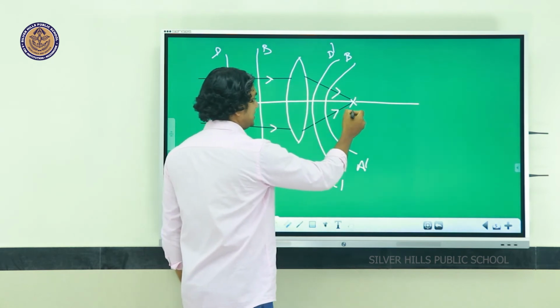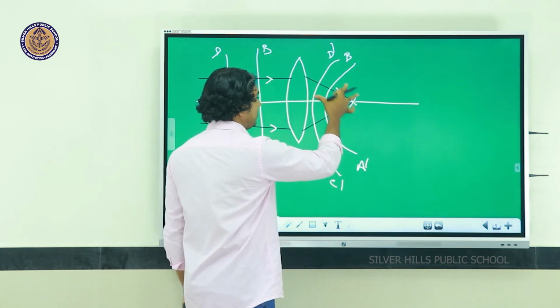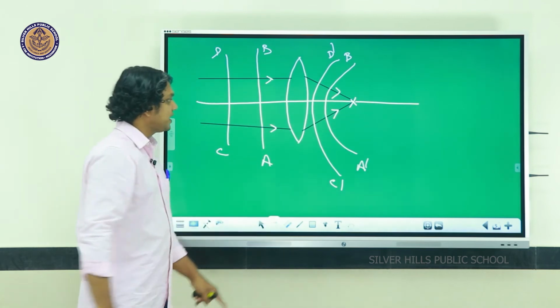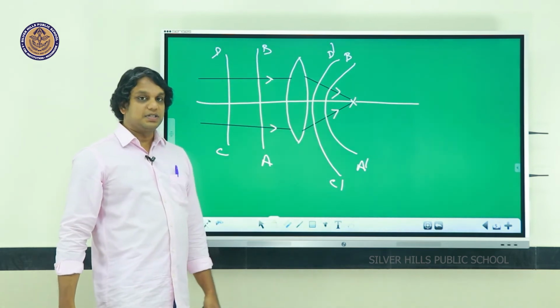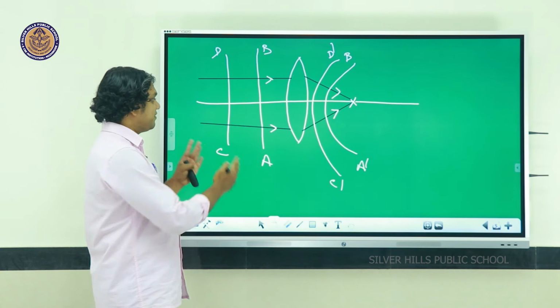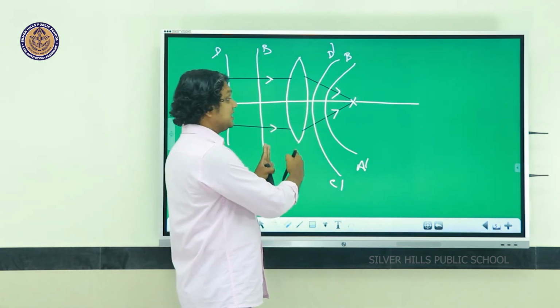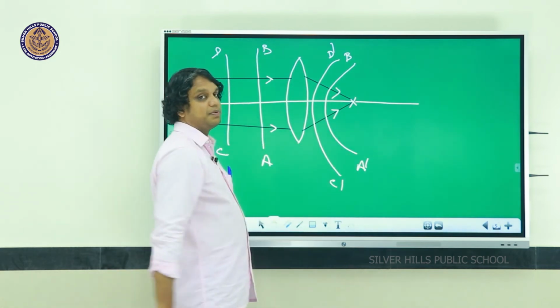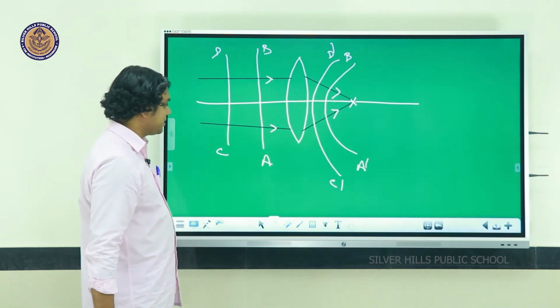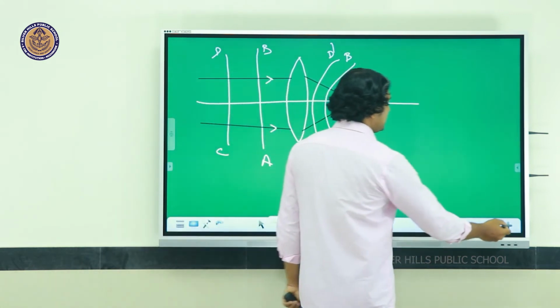So, you can see that this is a bright spot, and around that, light can spread, so we are getting circular ripples like that. So, when the plane wavefront is passing through a convex lens, it changes its shape. Like that, many questions can be asked. For example, if it is the